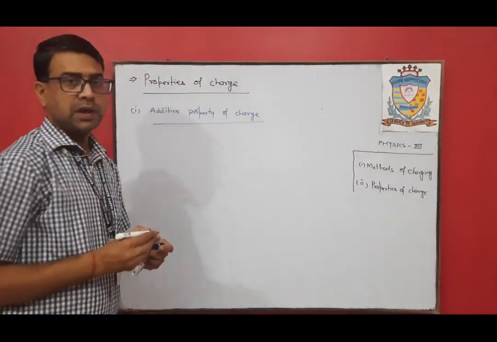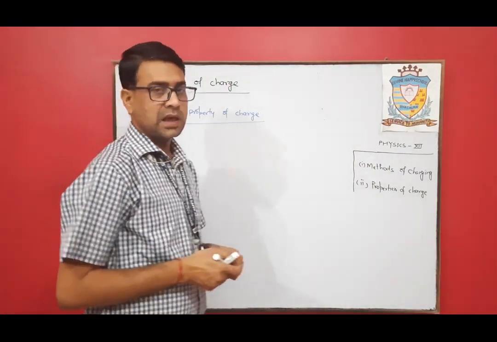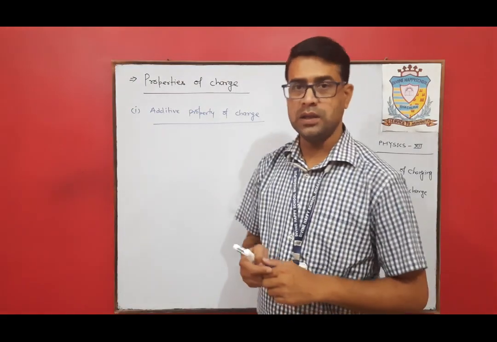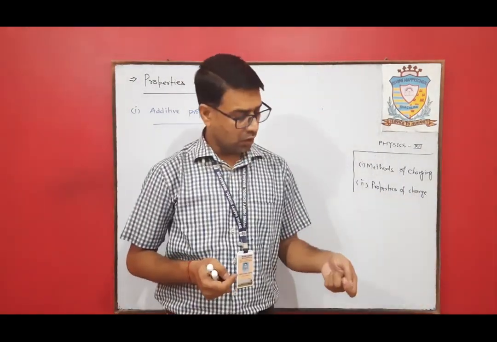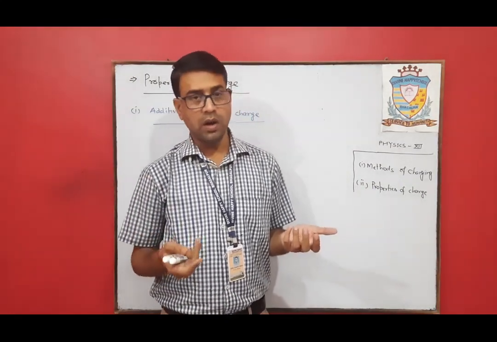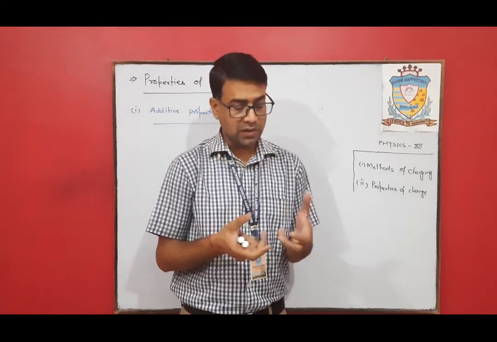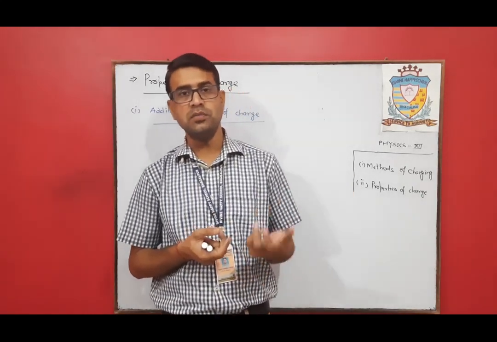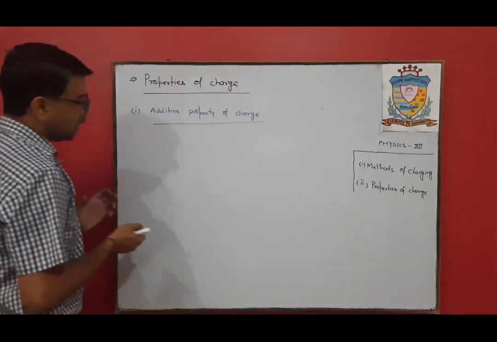So as we know, charge is a scalar quantity. So if it is a scalar quantity, it can be added algebraically. Suppose we have 1 kg of potato in our left hand and another 2 kg of potato in our right hand. So if we mix them together, the total amount of potato becomes 3 kg. Clear? So we can simply add it by algebra.